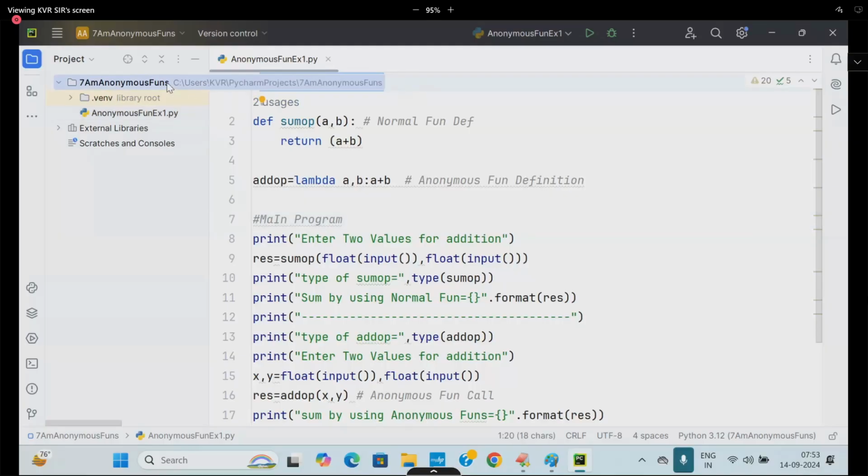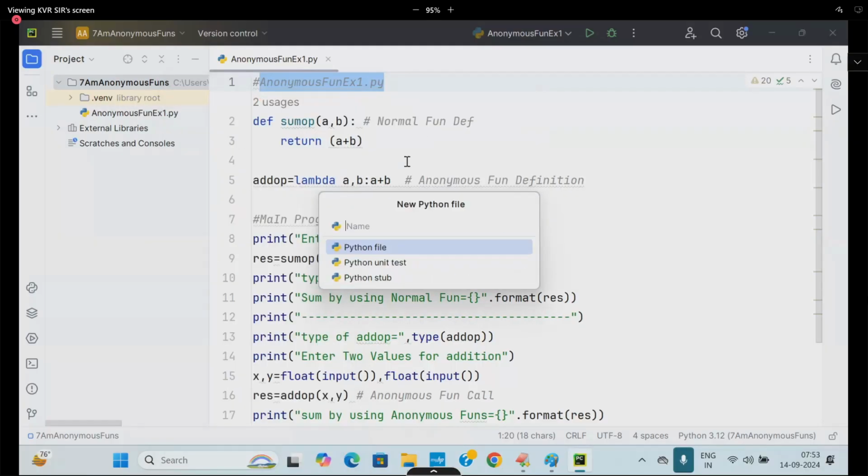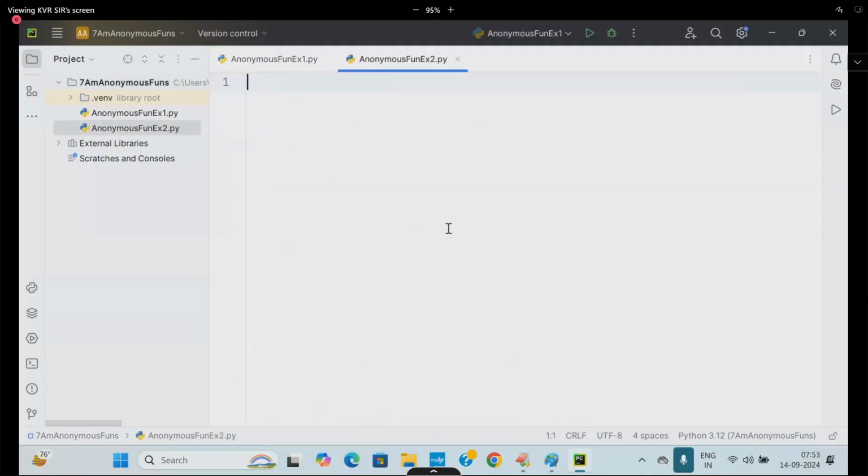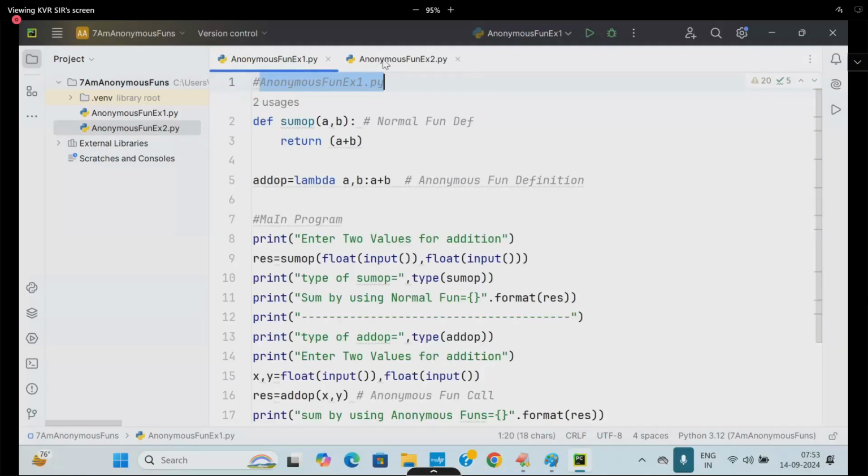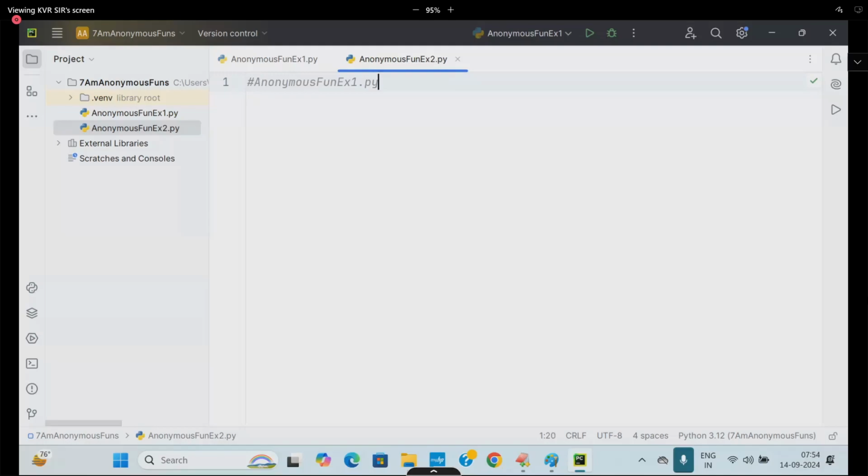Look, students, I'm going to take an anonymous function 2.py. Observe now, I will take up anonymous function definition 2.py. So now I am going to take up two functions. I will write it. One is for finding big. One more is for finding small. So it is a smaller problem only, so I will do it by using anonymous. How do you do the normal thing generally, students? Normally, how do you do it? DEF